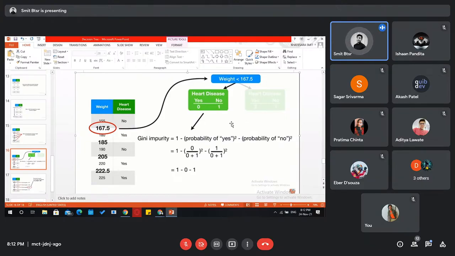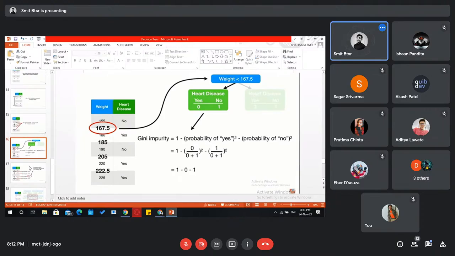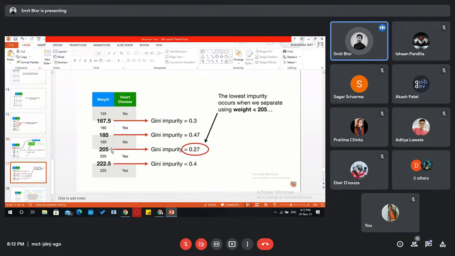As we did previously. What was the aim of dealing with these values is that we just have to ask questions. So we formulate these questions according to weight. Like before, we do not have any questions, right? So we just formulated weight questions, and we formulate the questions on the basis of averages of the adjacent weights. After doing that, what we have to do is find the impurity of all of them, right?